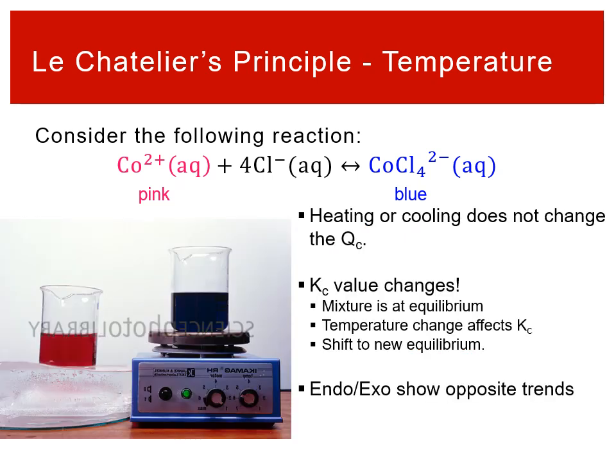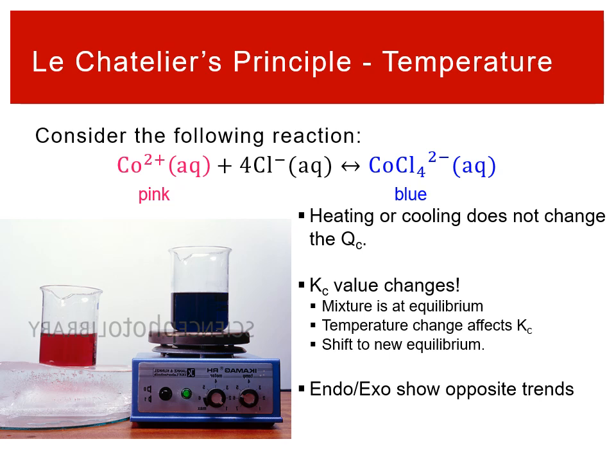Why this happens is a little different from what we've seen with Le Chatelier's principle. Changing the temperature does not change Qc, like when you're adding reactants or products. In fact, changing the temperature changes the Kc value. So we've always talked about Kc as an equilibrium constant. It's the single value that doesn't change as long as the temperature doesn't change, right? The temperature change is going to determine what the new Kc value is. So if you ever change the temperature, you'll get a new Kc value,